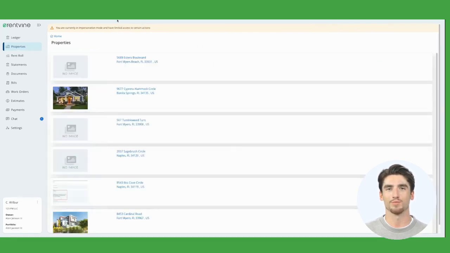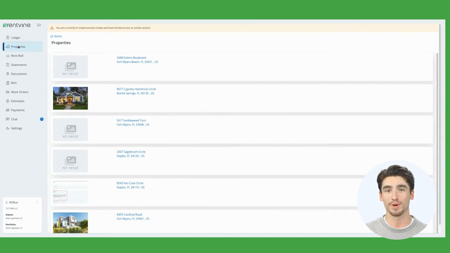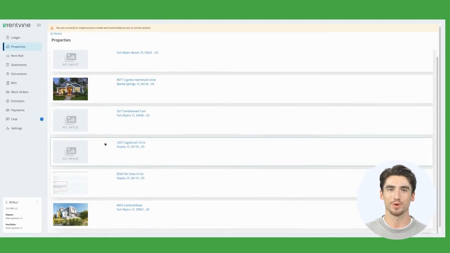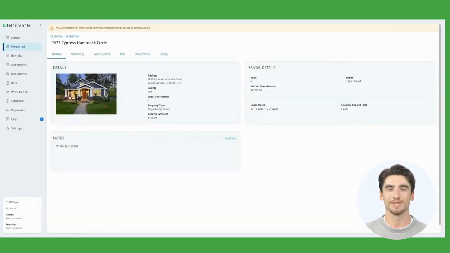Next, you will see in your RentFind Owner Portal all of the properties that are owned by you and being managed by the property manager. You can click on each property to view more details about your property. Inside the property, you will be able to view the Details tab. This will show you the details, address, property type, etc., the rental details, and any notes that your property manager